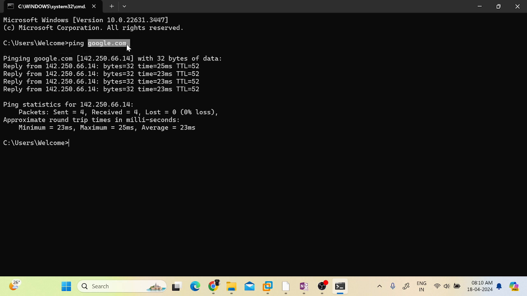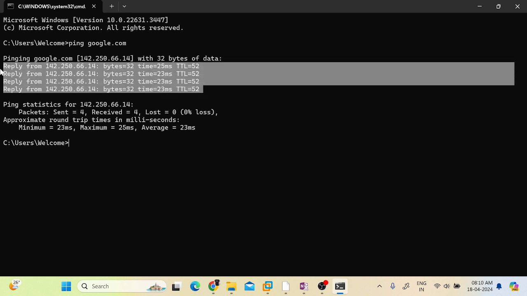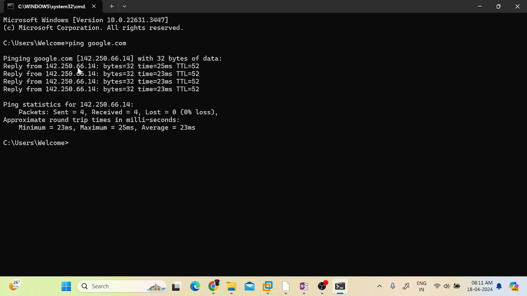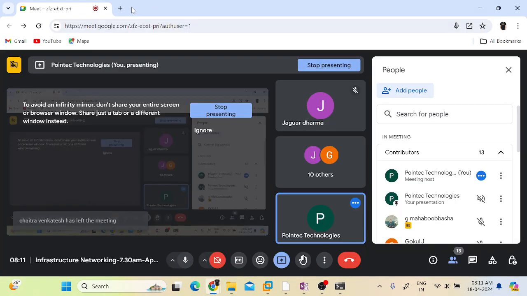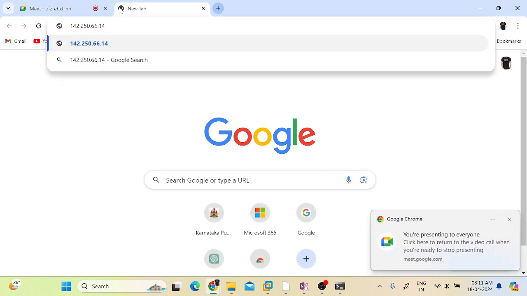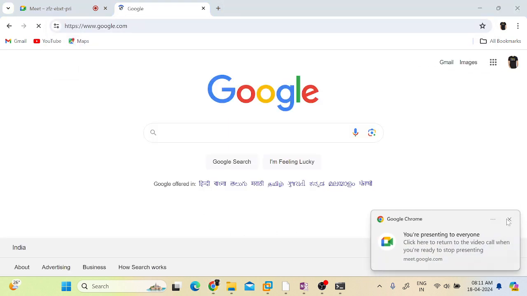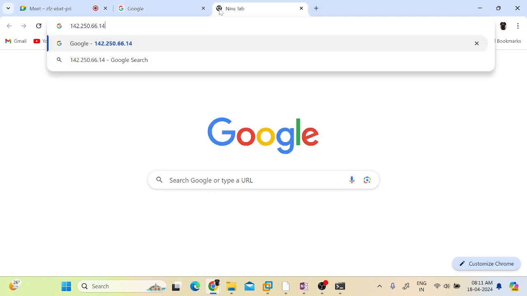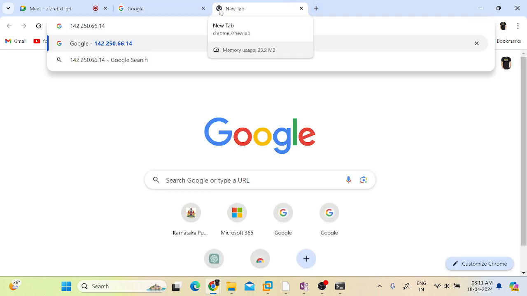So what happens, your computer will send some bytes, hi bytes, hello bytes. That will go to the google.com website and you get the response. How soon are you getting the response? Within 25 milliseconds, your computer is able to talk to the Google server. Reply from 142.250.66.14. This is the IP address of this Google domain. If you copy this IP address and put it in the browser, you will see the website. See, Google opened. I am putting the IP address 142.250.66.14,